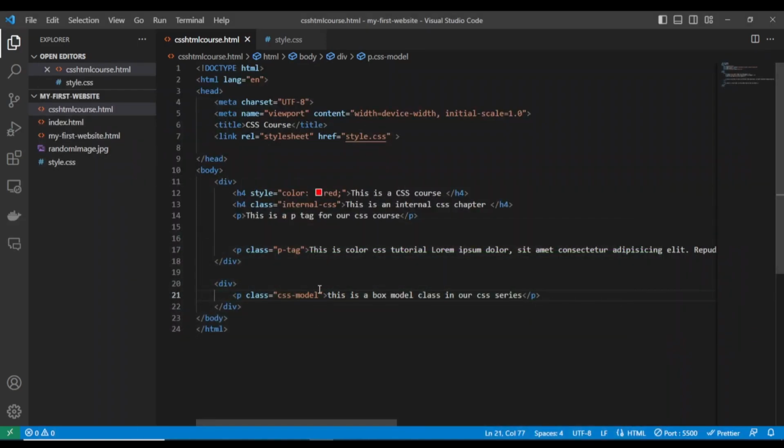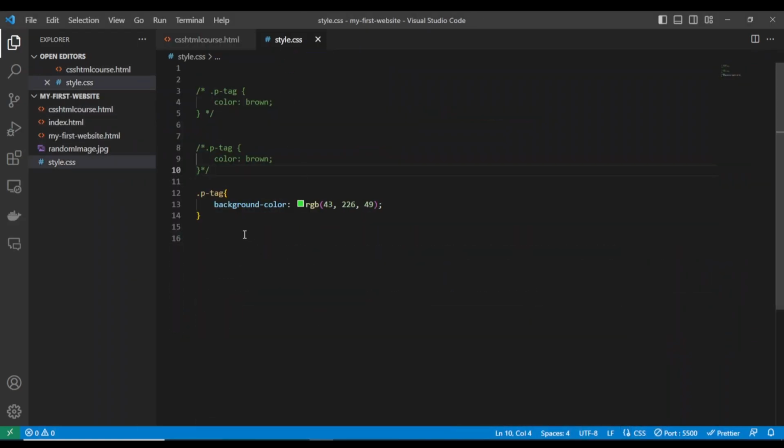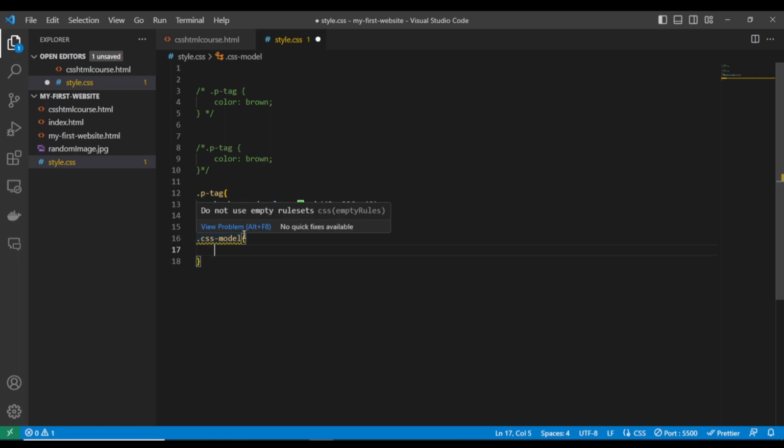So now let's start styling this HTML tag that has the class of CSS model. Okay, what we want to talk about is the CSS model. So this CSS model consists of the CSS content, the CSS padding, the CSS border, and the CSS margin. Okay, so now let's